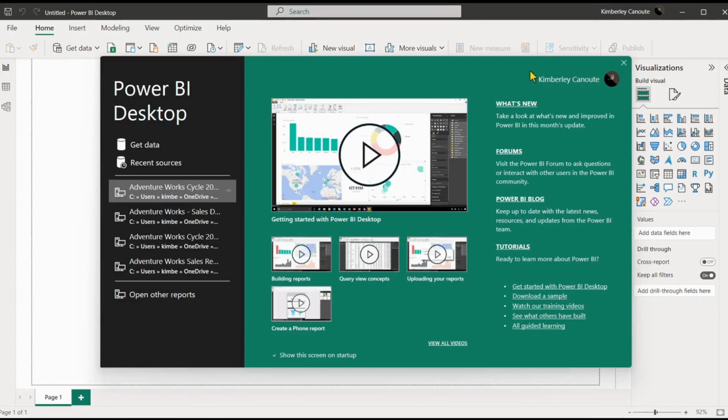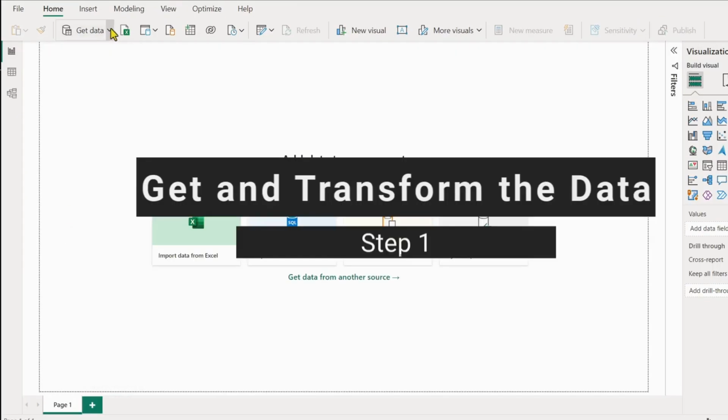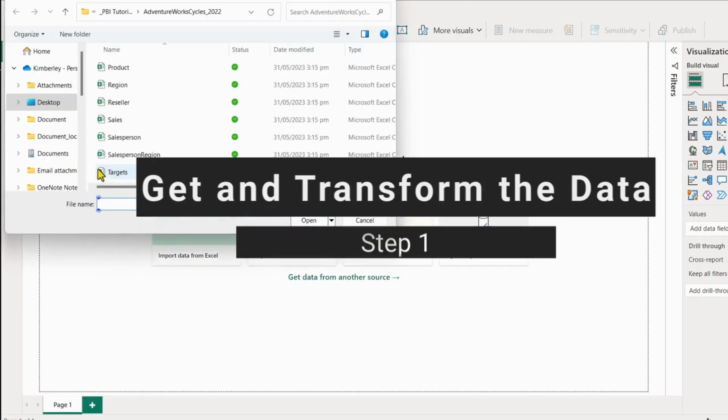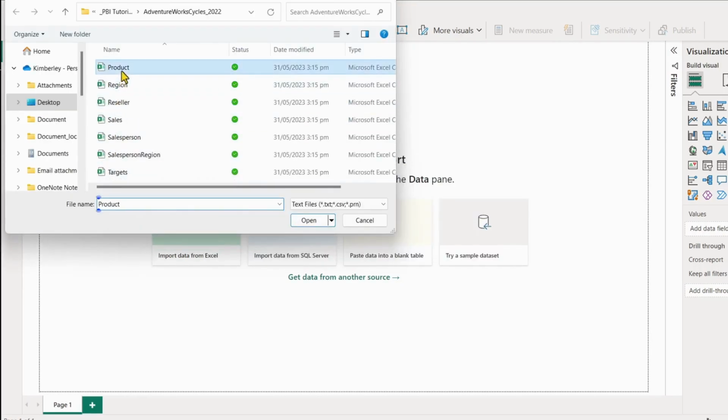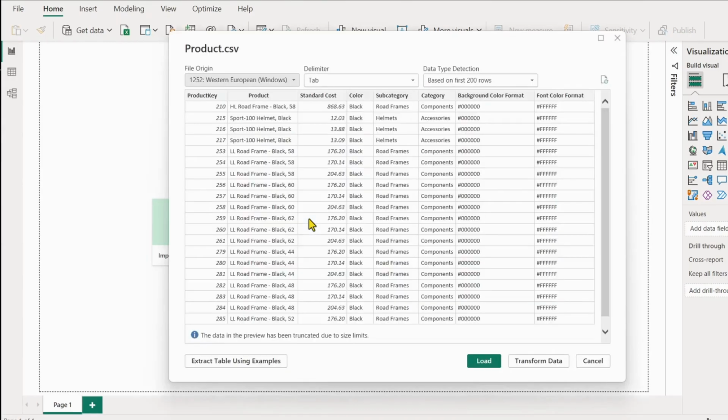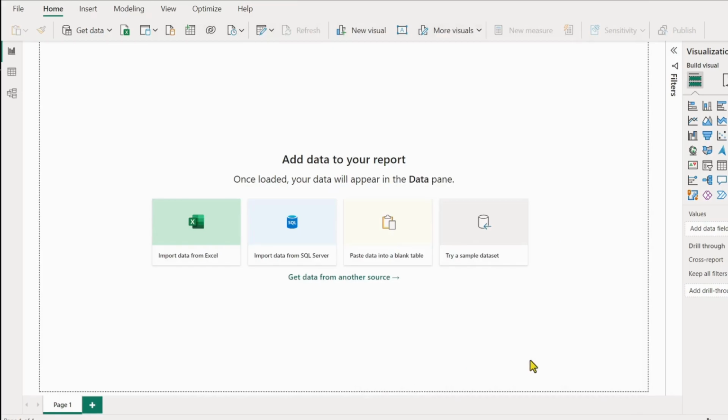Okay, now that we have our file downloaded, we'll click on the drop down. We're going to select text/CSV type. This will take us to the location, and we're only going to be using the product, region, and sales tables for this tutorial. Select the product table and bring it in. We're going to see now a preview of the data. We have the option of either loading or transforming the data. We're going to select transform data,